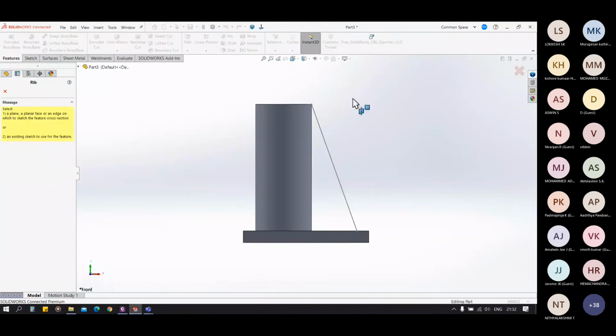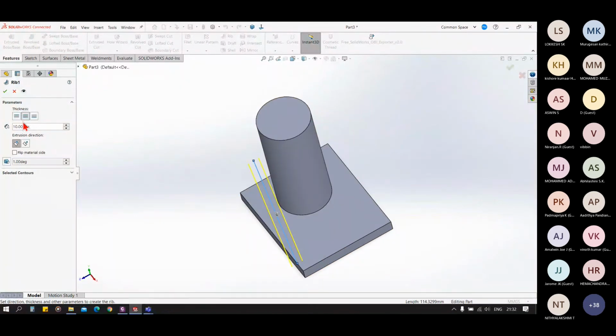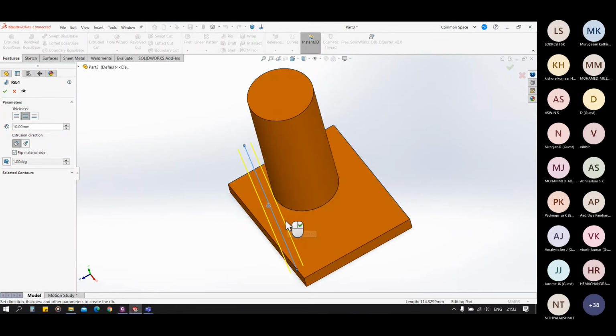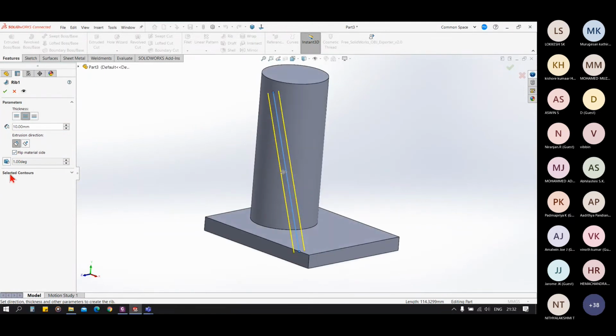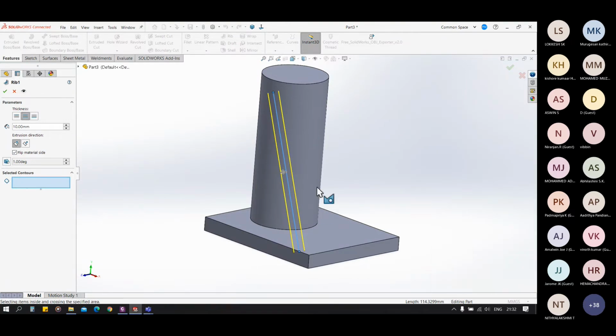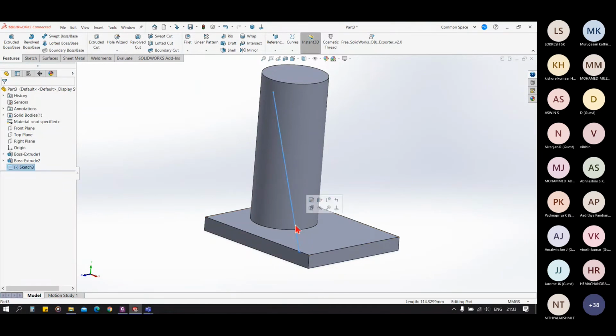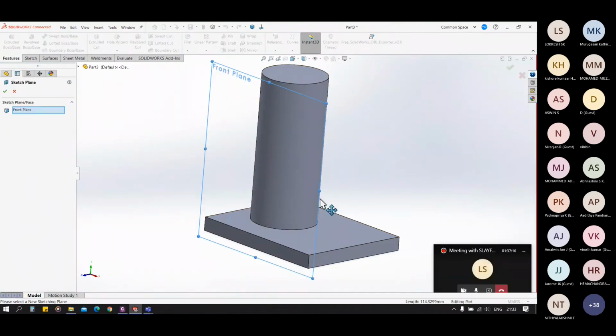In this case, SolidWorks is not able to give us a rib. That's the software problem. Okay, so you can see we cannot have, sorry, I did this sketch on the wrong face.